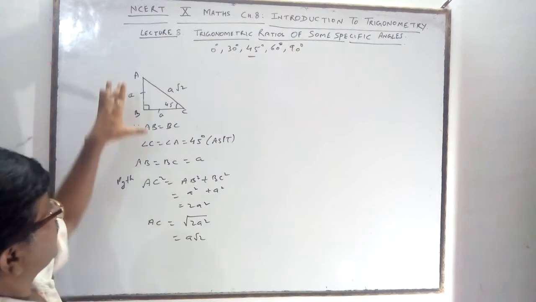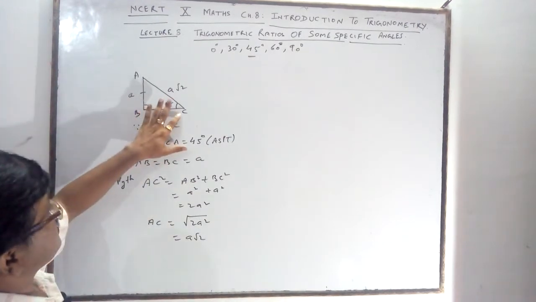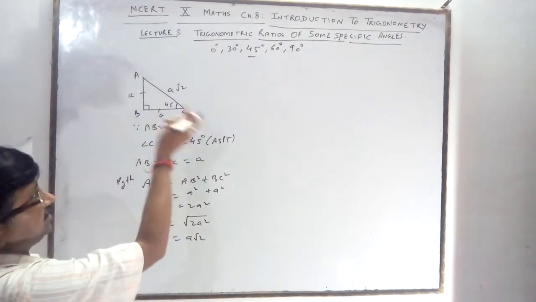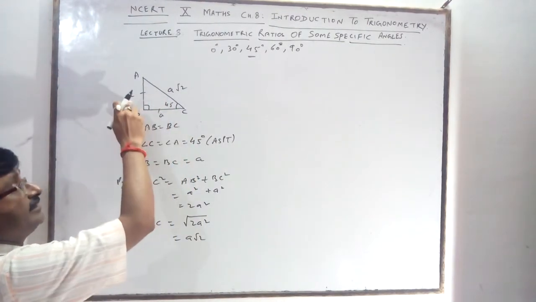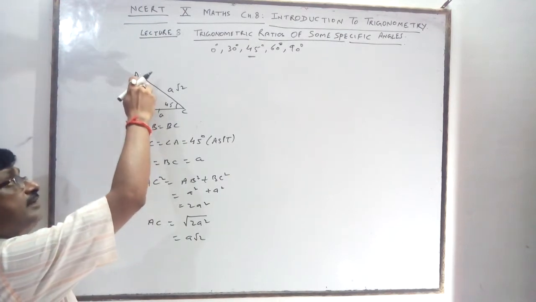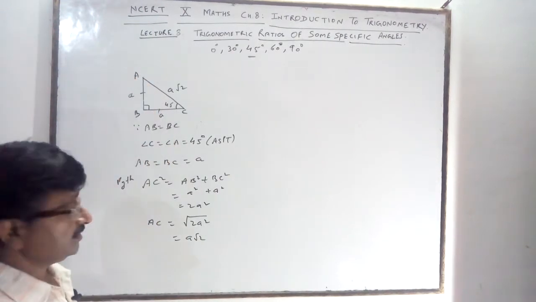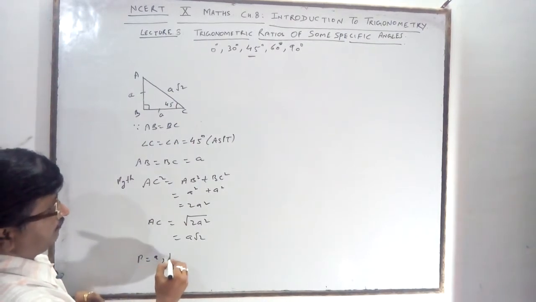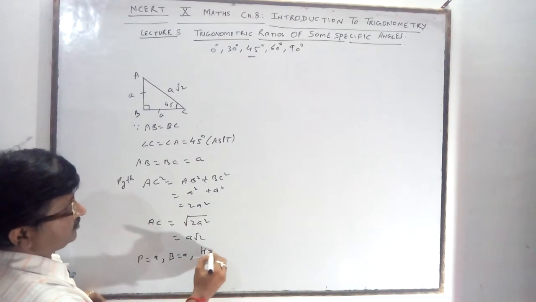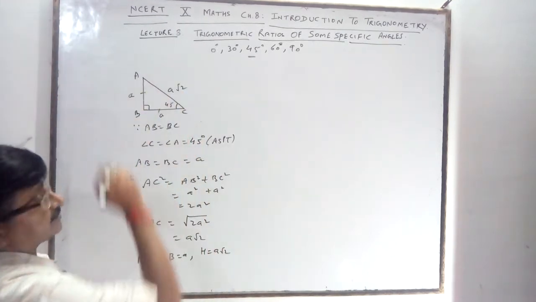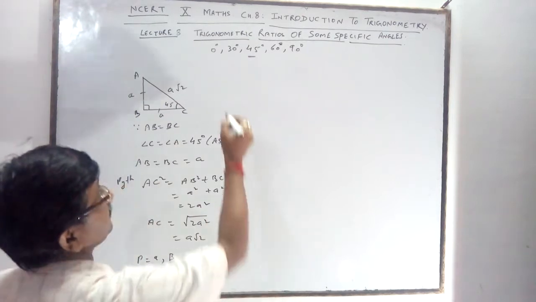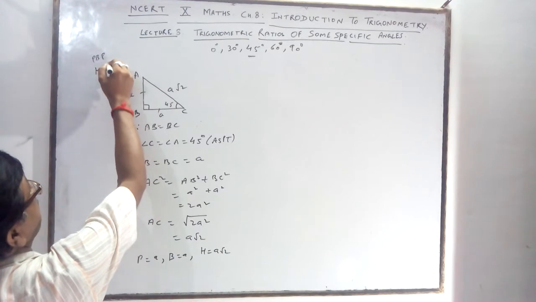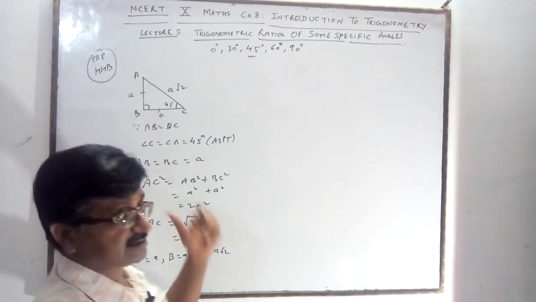If you take angle C or angle A, no matter, because both are 45 degree. Any one angle you take as 45, then the perpendicular is A. So perpendicular is A, base is A and hypotenuse is A under root 2. For all three sides, apply the Pandit. I have told you one Pandit Badri Prasad Har Har Bole. All three identities are basic, you write them down.